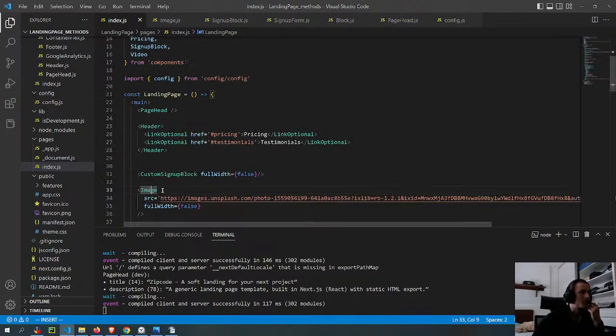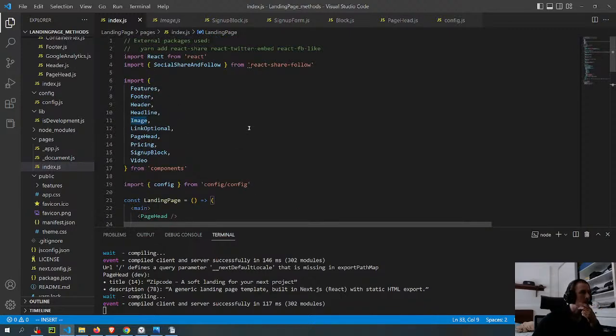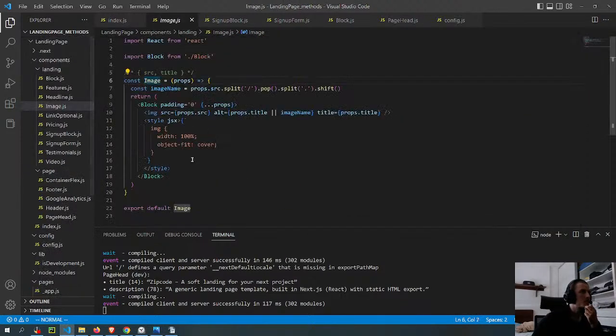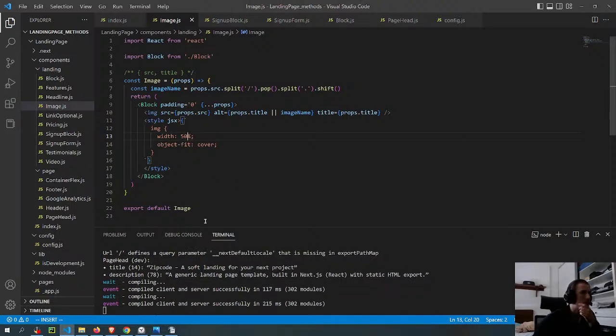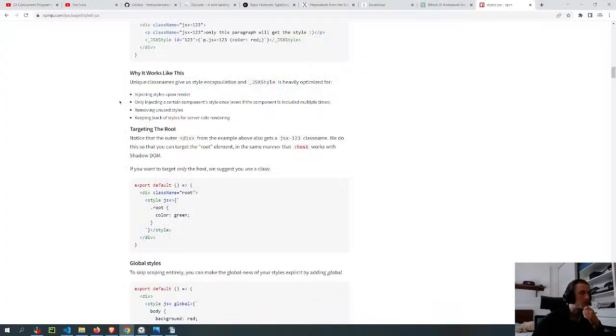I thought this was an image from Next.js. But this, I think, is only going to affect the image and not the block. But I can pass different props here to the block, and it's probably going to change the image.